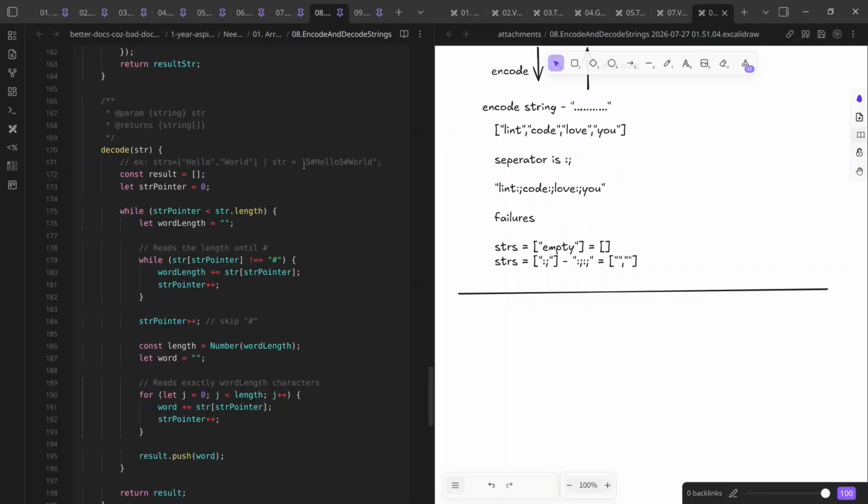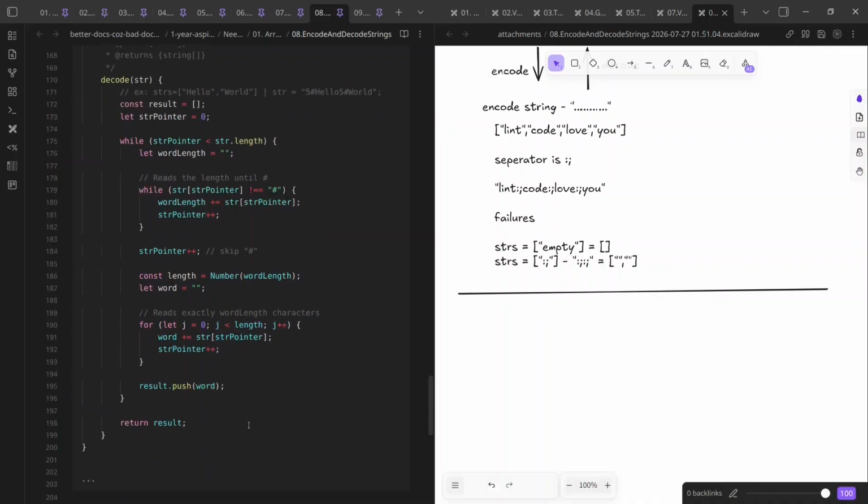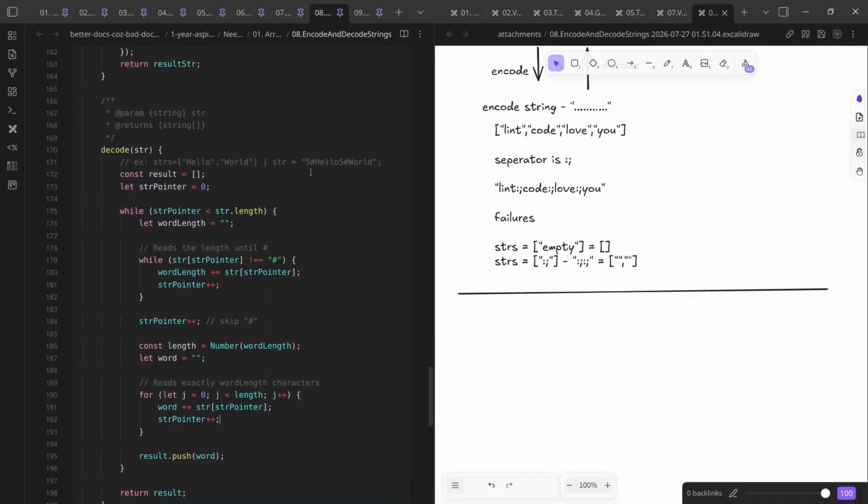Now the length is 5. We got the length 5. Now we have to collect 5 characters, and we have also skipped the hash. We have to collect 5 characters because that is our encoding logic. So we'll loop exactly 5 times. Start with 0, till j is less than length. Okay, and we'll keep concatenating that character into word. So that will make our word formation. It will be H, then E, then L, L, and O. Okay,